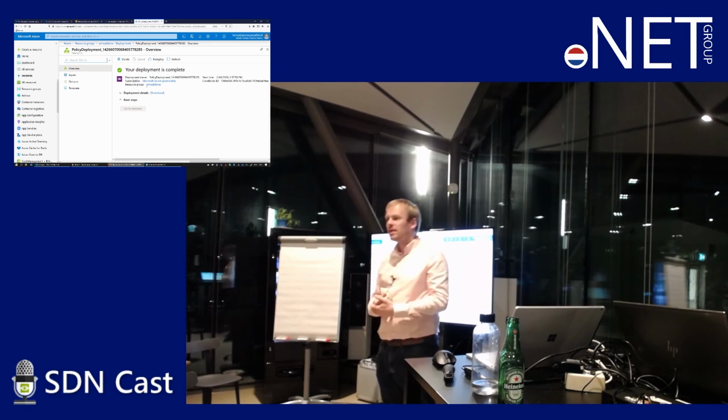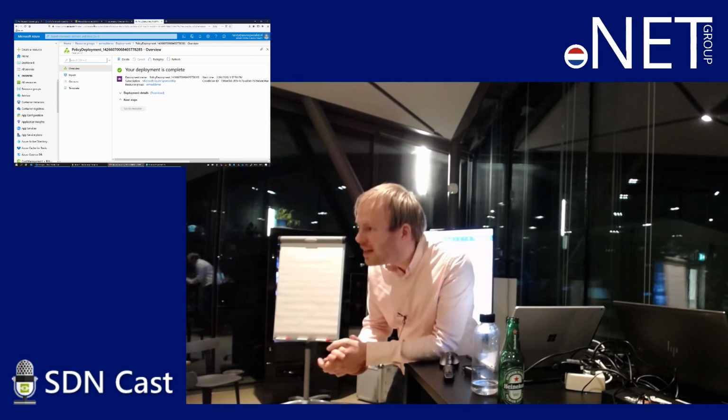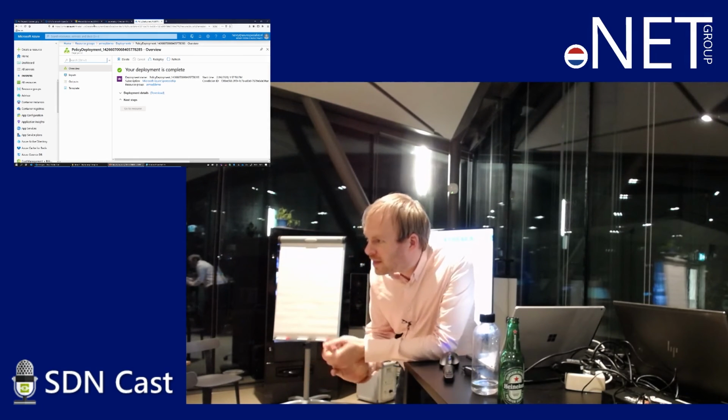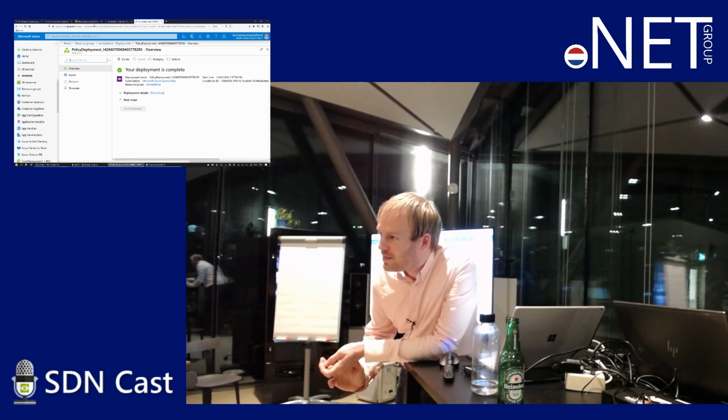You look at billing for the subscription. From subscription to subscription, all the data transfer in the data center will be billed if you use multiple subscriptions. If you have two subscriptions, you have data transfer between them, which is normally in the same data center. Normally you don't pay for that because it's all in the same subscription. If you have two subscriptions, you will pay for data transfer. So if you do that at large scale, you need to keep in mind that you might pay a bit more for